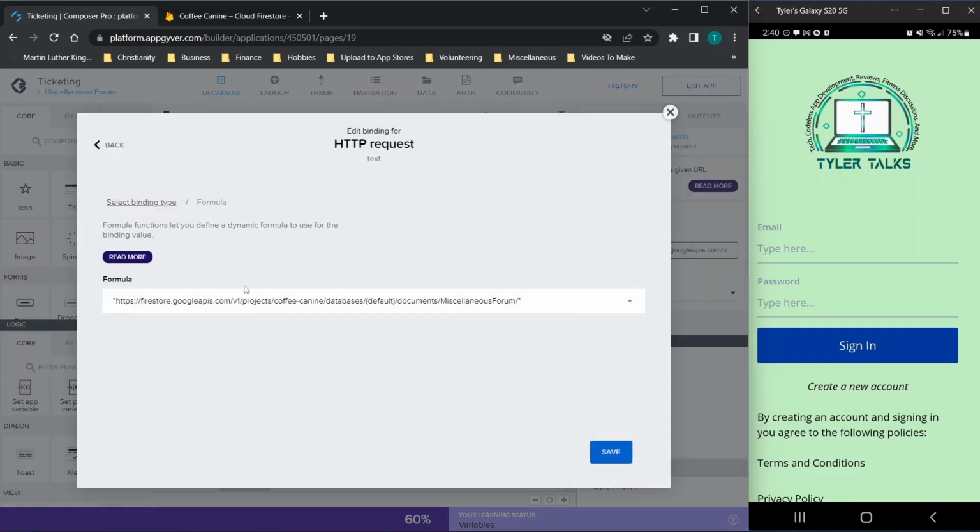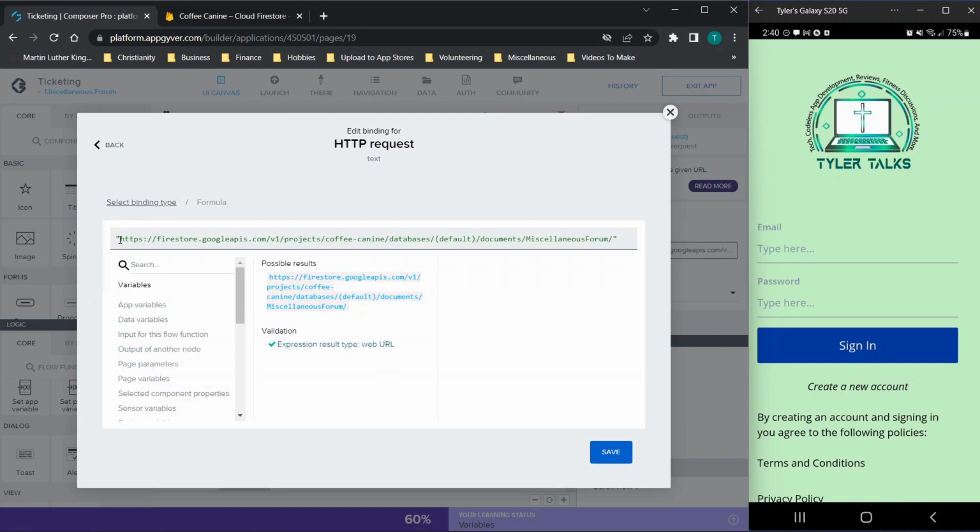Now here is the formula for this. Basically, I'm submitting to this URL here. So what this is doing, this will look familiar, is this is basically the exact same URL that we were just using when we configured for data. So we have the https://firestore.googleapis.com/v1, and then the second half, which is /projects/my username, which is coffeecanine, /databases, which is default text you don't need to change,